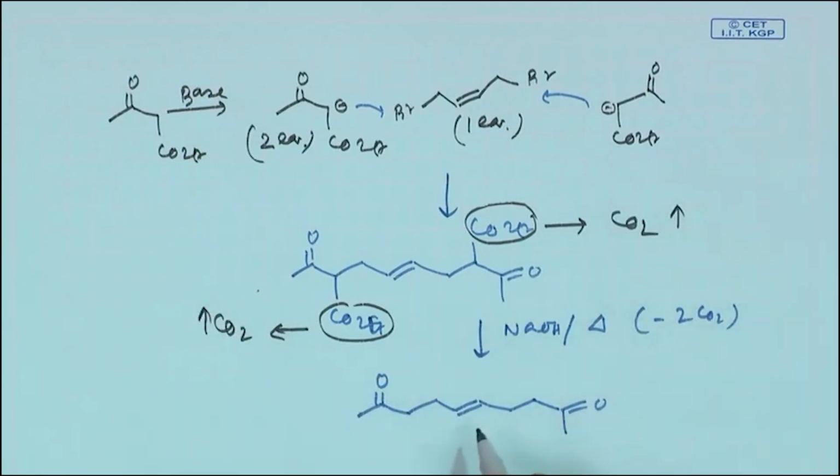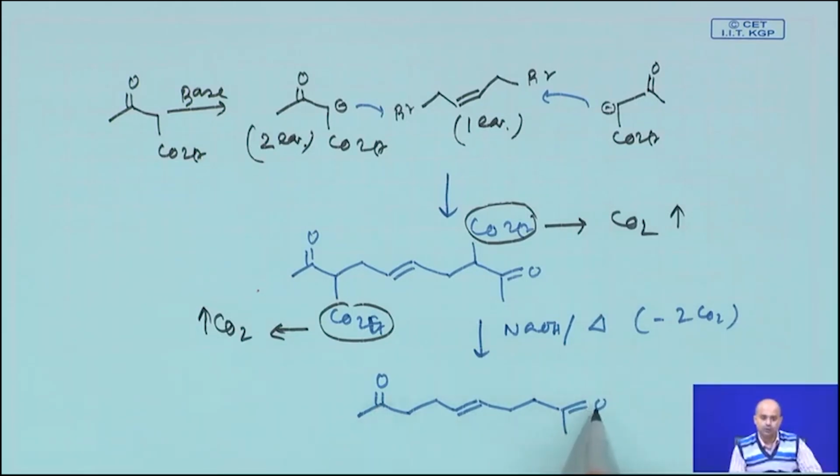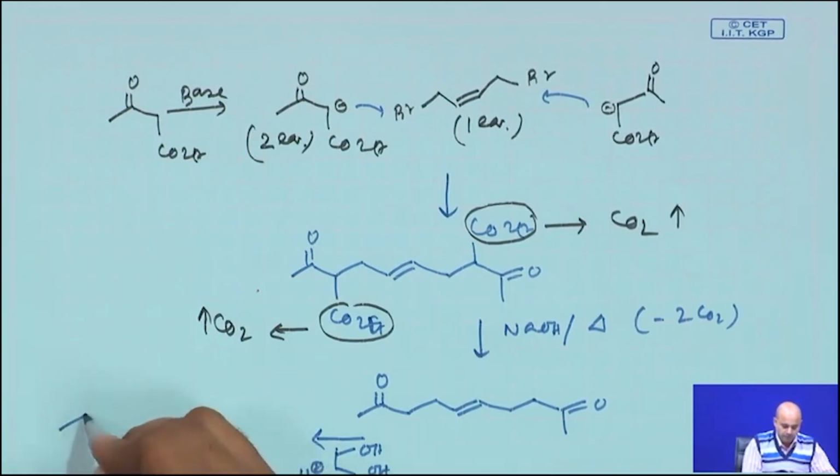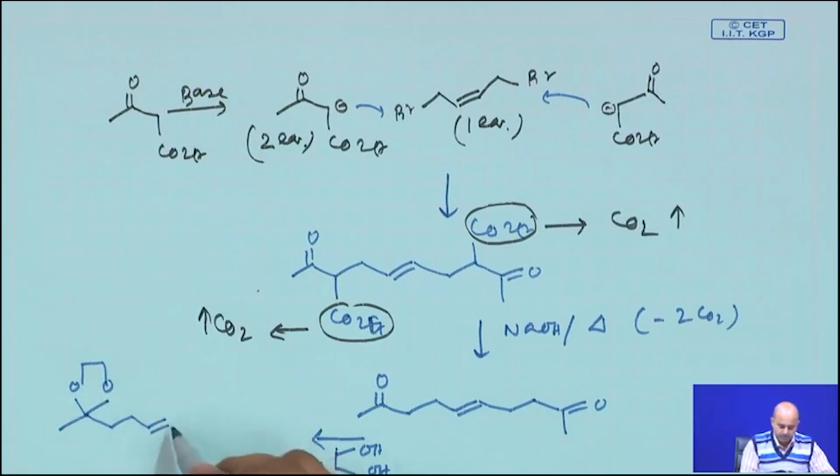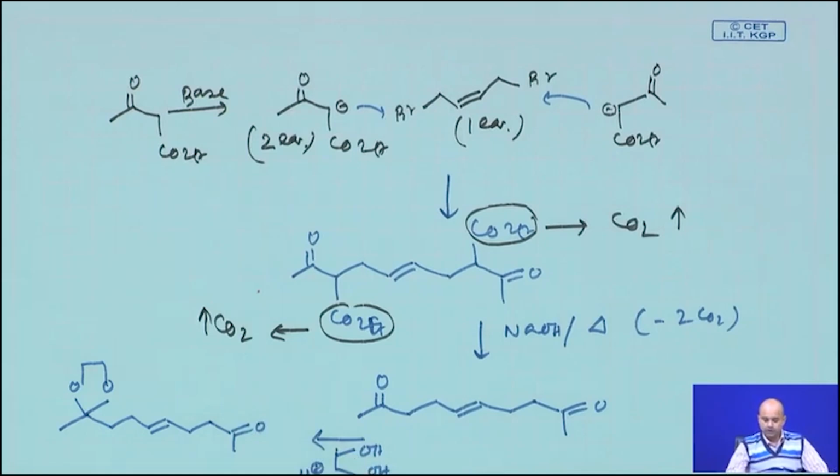So, now you are here, you can in principle directly use MCPBA, but see there are ketones here. So, that might undergo Baeyer-Villiger oxidation. So, a protecting group might help you. So, how do you protect it? You treat with ethylene glycol and simple H plus. This compound will now be protected as its ketal, and the double bond will remain similar, CH2 CH2. Yes. So, now take this compound